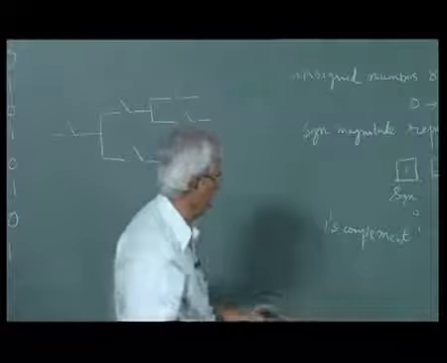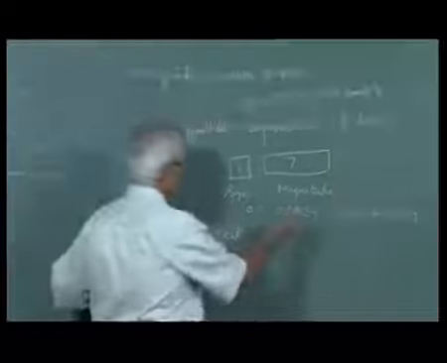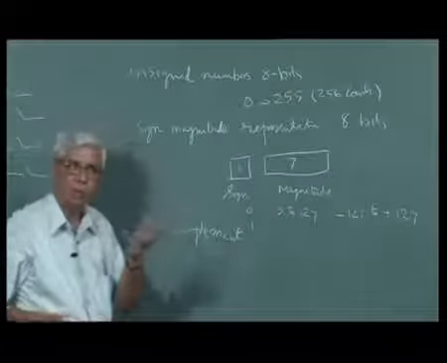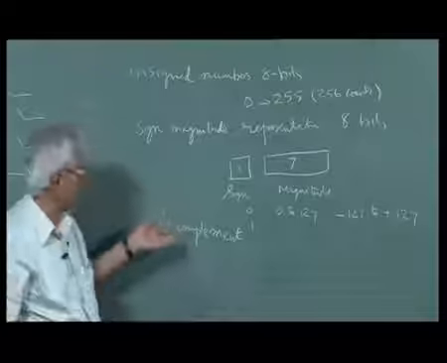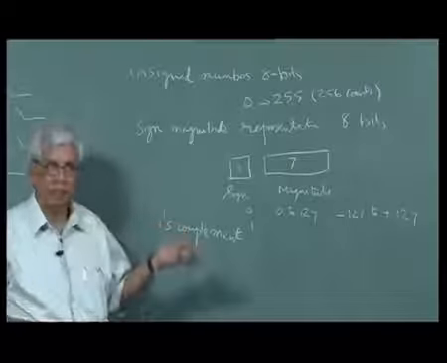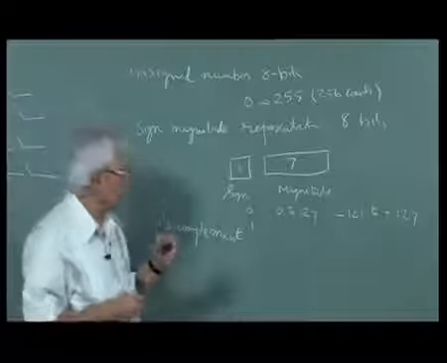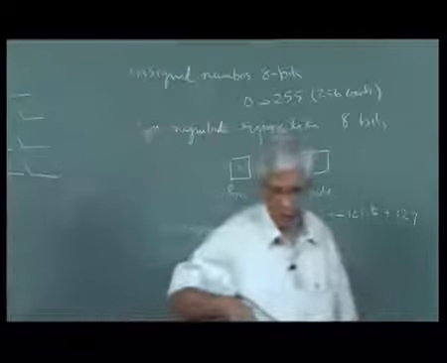In one's complement numbers, you represent the number and invert it. If it is a positive number, the sign bit is 0. For a negative number, you invert all the bits. That is the negative number. For example, we will take an example of